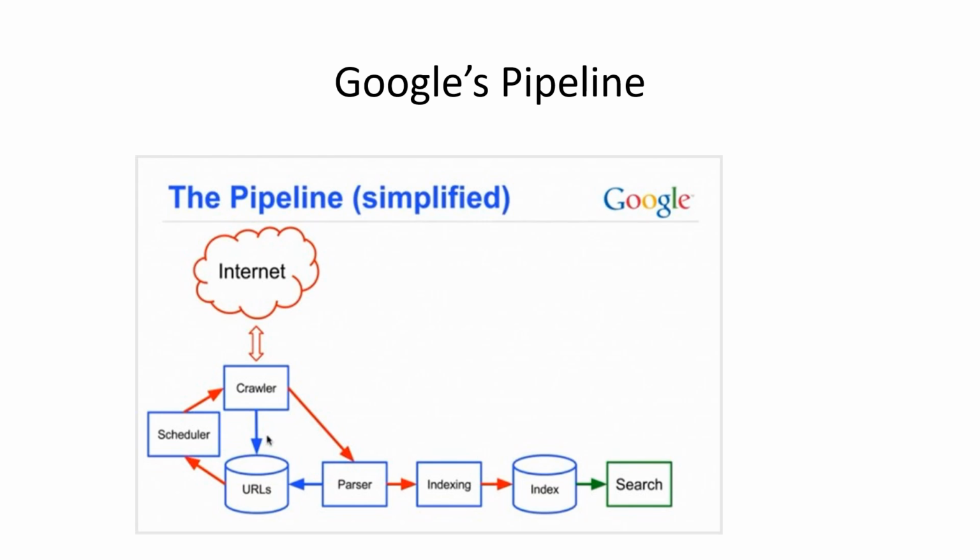The crawler takes all the web pages from the internet, and the parser parses the HTML tags, cleans the content, and takes the content. That's what the parser is doing here. And then indexing. After the web pages are parsed, they have to be indexed for quick processing, and the index is built, the database is built, and it's ready for the search. That means it's ready for the user to search for their information needs.